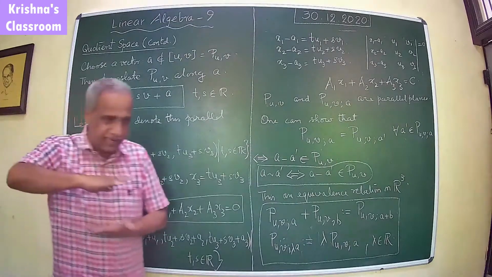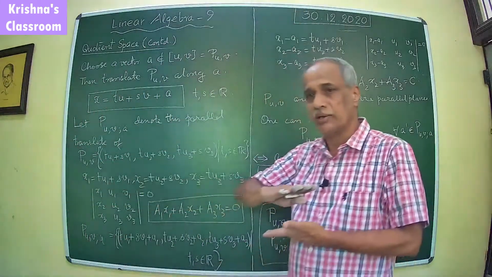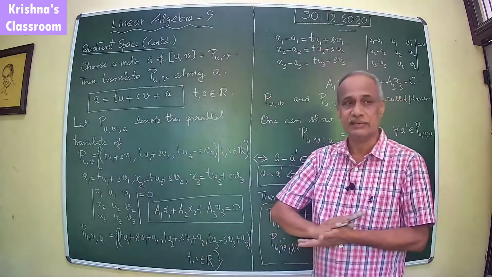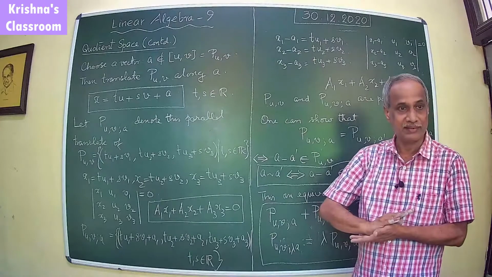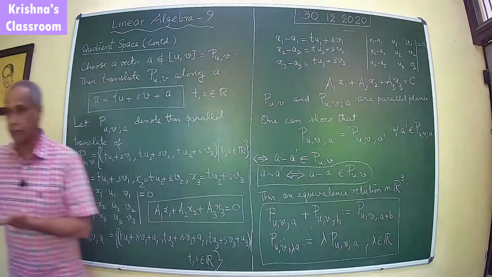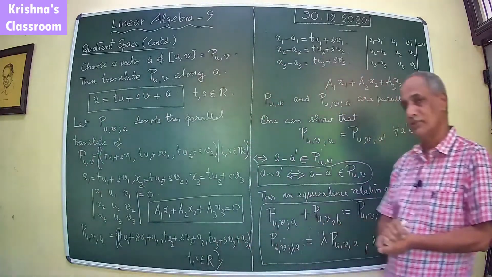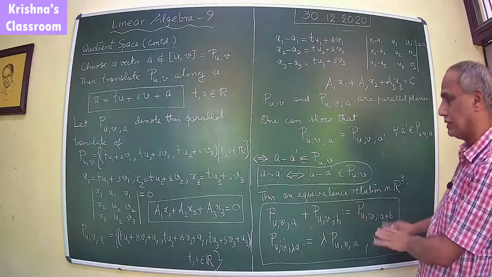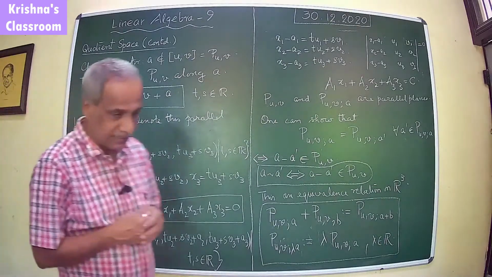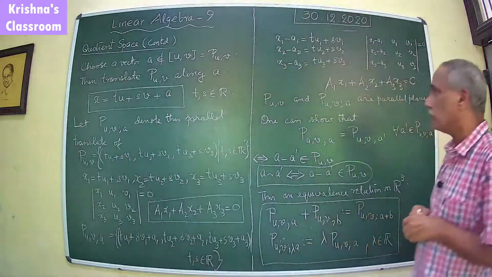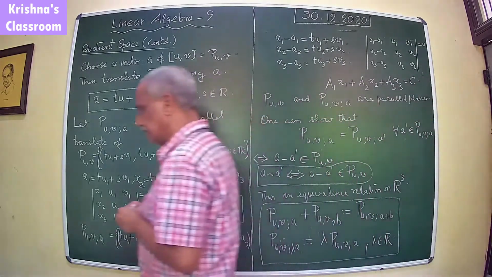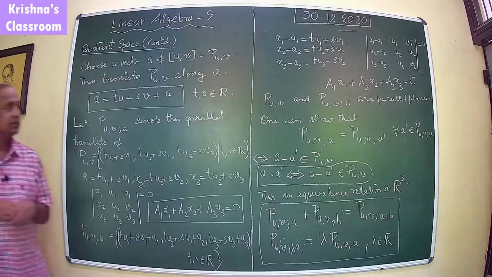So these parallel planes, parallel to the given plane through the origin, which are the cosets that you obtain through translation, form a vector space, which you have to show. The zero element here is the plane that passes through the origin parallel to every one of these. And then of course you can show that all the requirements of addition and scalar multiplication required for the collection to be a vector space are satisfied. So you see that the space of parallel planes to a given plane can be endowed with a linear space structure, or it inherits